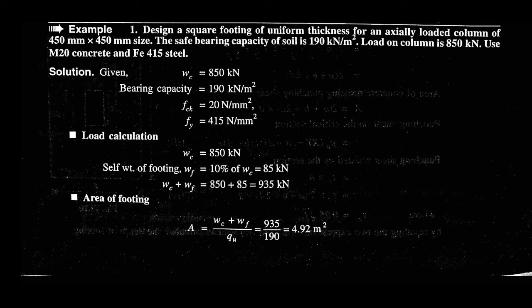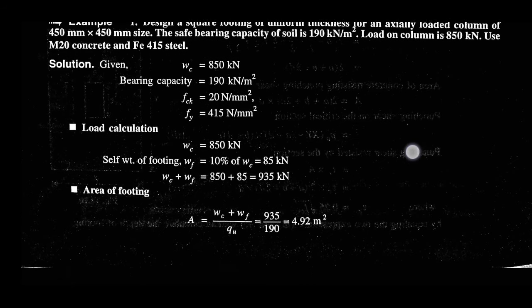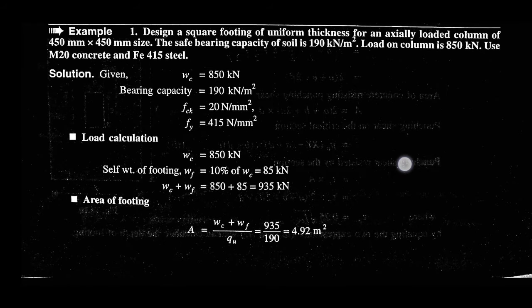Design a square footing of uniform thickness for an axially loaded column of 450 mm by 450 mm size. The safe bearing capacity of soil is 190 kN per meter square. Load on column is 850 kN. Use M20 concrete and Fe 415 steel. So, as per question,